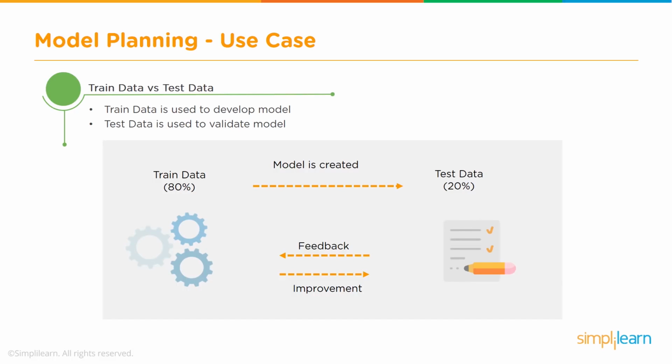So you take the remaining 20% of the data. Remember, we split the data into training and test. So the test data is now used to check the accuracy, or how well our model is performing. And if during testing the accuracy is not good, then you may want to retrain your model or use a different model. So this whole thing again can be iterative. But if the model passes the test, then it can go into production and it will be deployed.